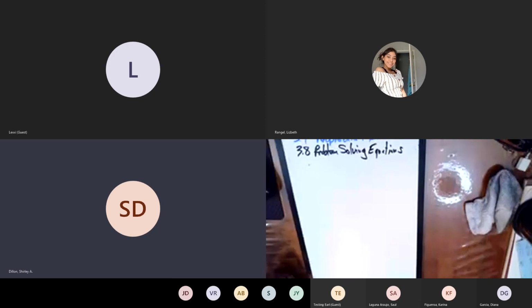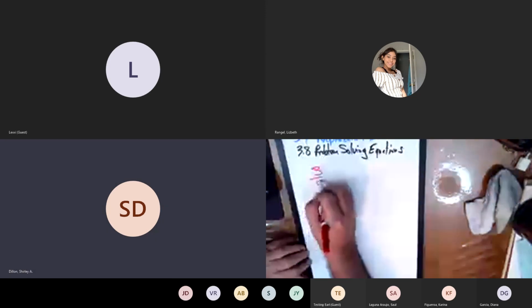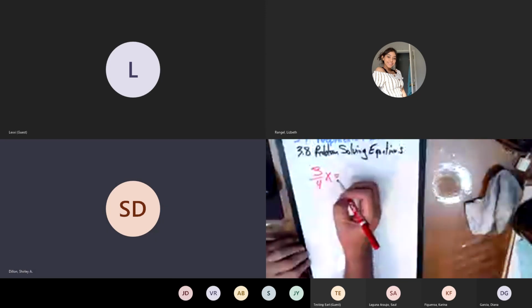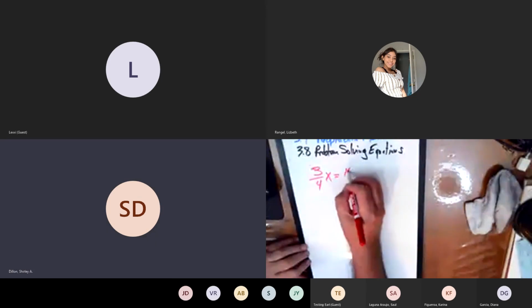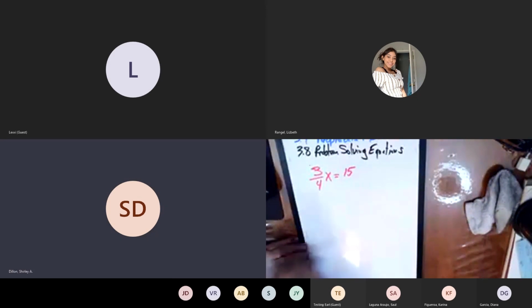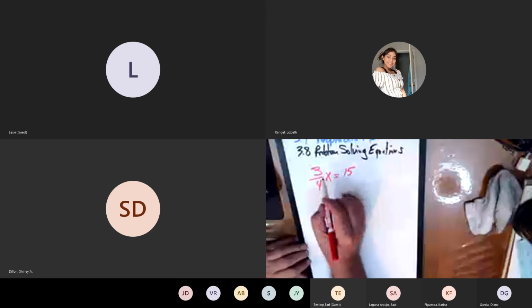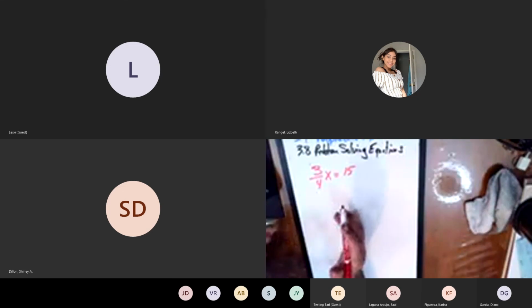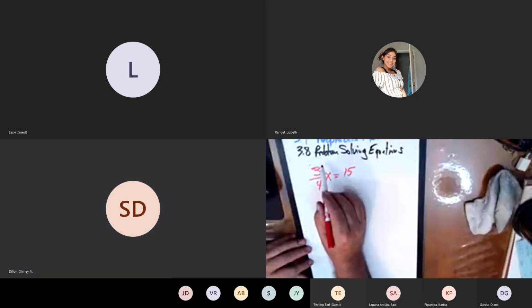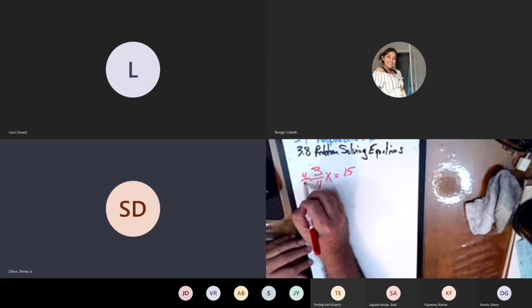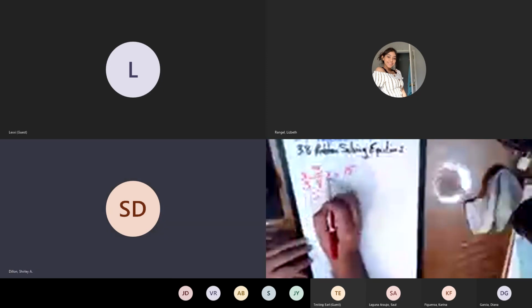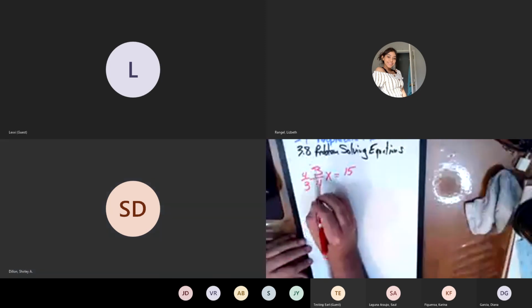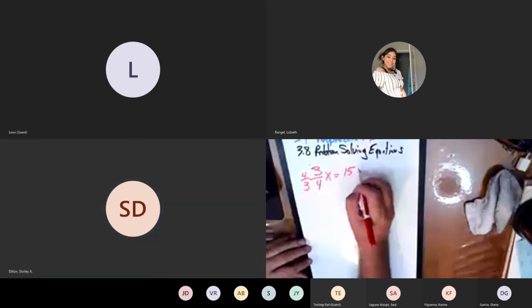In fact, we're going to do some really ugly ones here. Let's do a simple example. This is example 1 on page 204 in your textbook. If I have 3/4 x is equal to 15, right? Now, you can divide both sides by 3/4, or the goal is to change this into 1. If I multiply both sides by the reciprocal of the coefficient, that is the number in front of the variable, if I multiply both sides by the reciprocal of this thing,